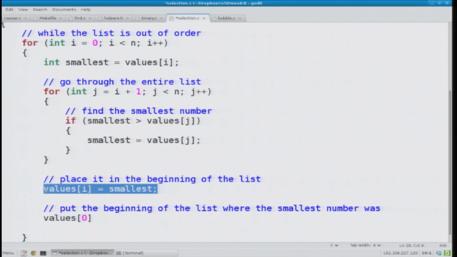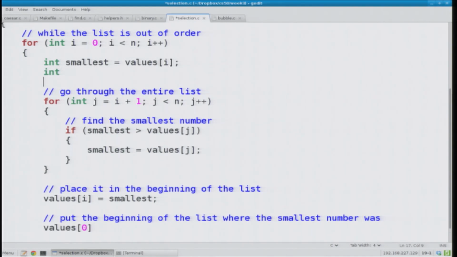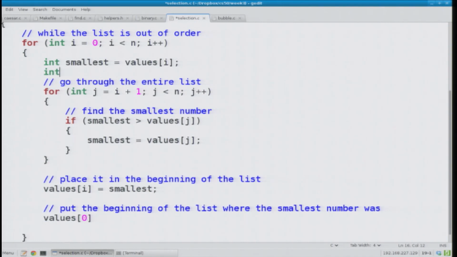It should have been stored in some variable. Values j. Well, it's not necessarily values j. j doesn't even exist at this point. You have to declare a variable earlier and then, when you find the smallest number, assign the index of that number to some variable. Okay, so can you say that again? Where you declare int smallest, you should also declare int smallest index equals i. So where I do int smallest, I should also not only keep track of the value,